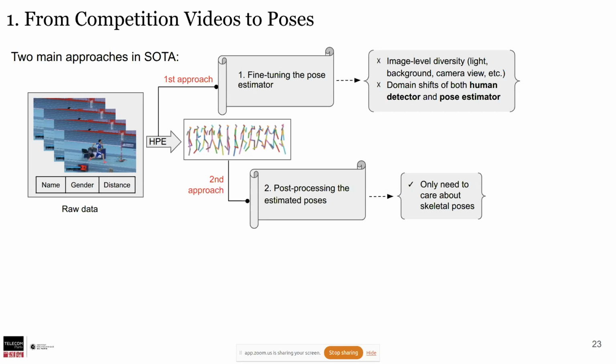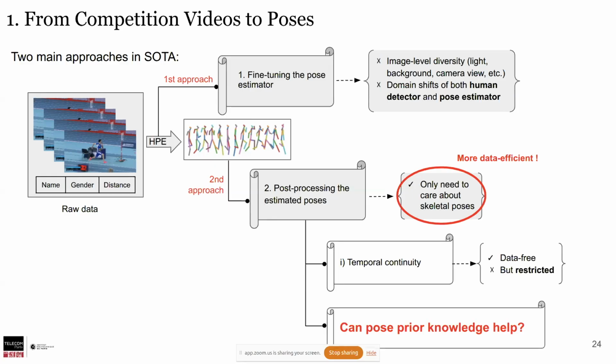To address all these problems, we need a large data set, still slightly large. The second approach is to directly post-process the skeleton sequences. In this case, we don't need the image, but only focus on the poses. Potentially, this method will be more data efficient. People study this right now mainly through temporal continuity, which has the good thing of being data-free, but it's kind of restricted to other applications. So what we think is, can we tell if a pose is good or not,